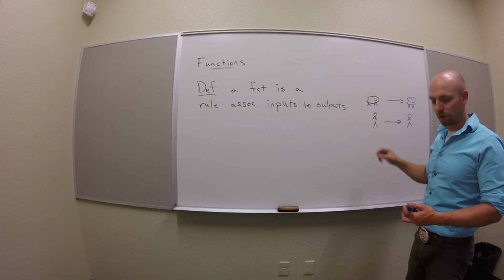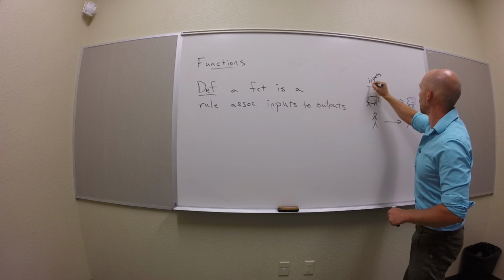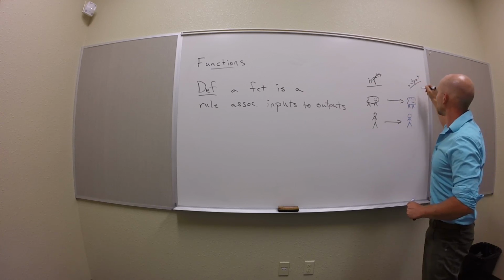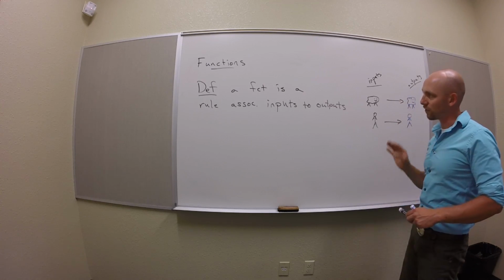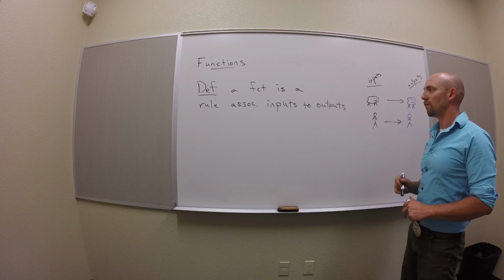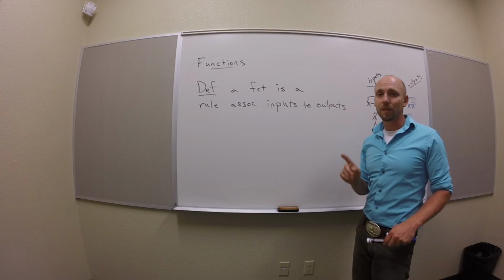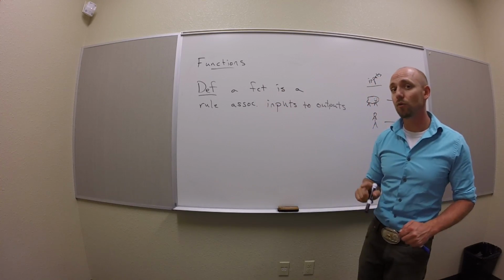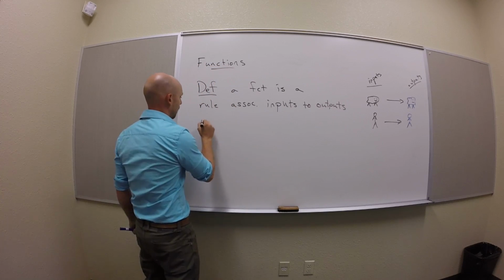Over here are some inputs. Right? They're kind of listed here. Over here are some outputs. They're listed here. We have some names for some of this stuff that we'll get to in a bit. But for right now, I just want you to know there's a rule associating inputs to outputs. Now, the thing that makes it special, the thing that makes it a function, is not just that it's a rule, but that it's a rule with